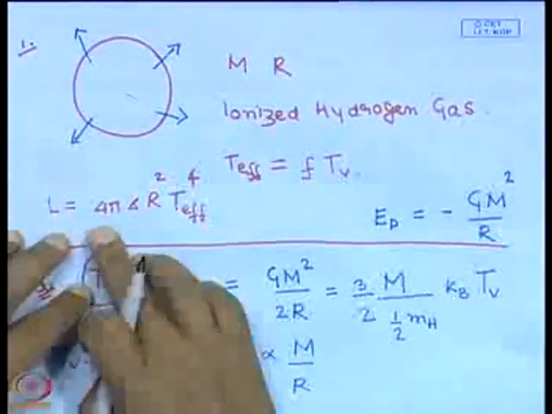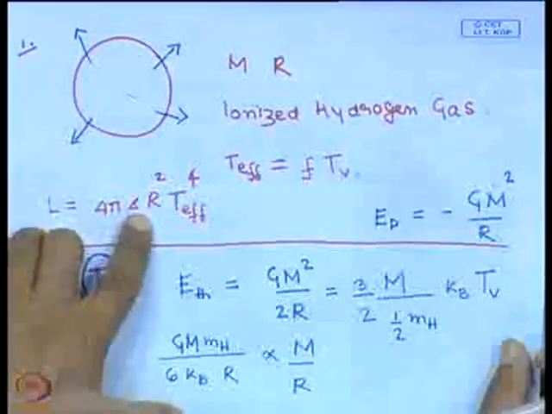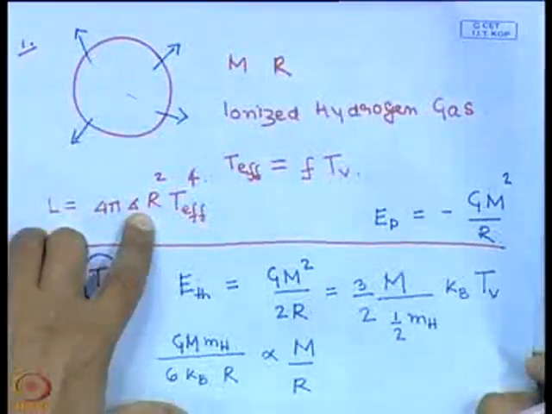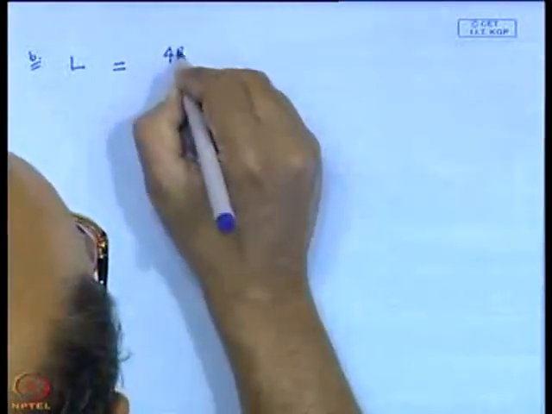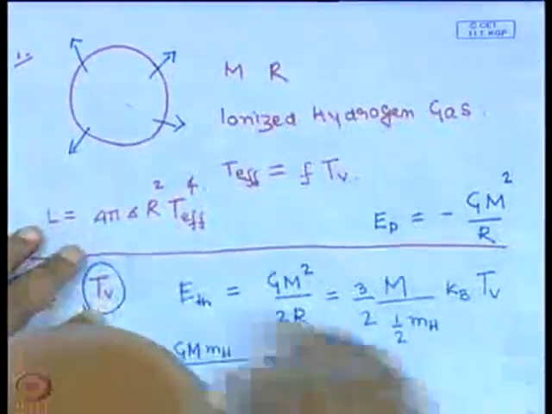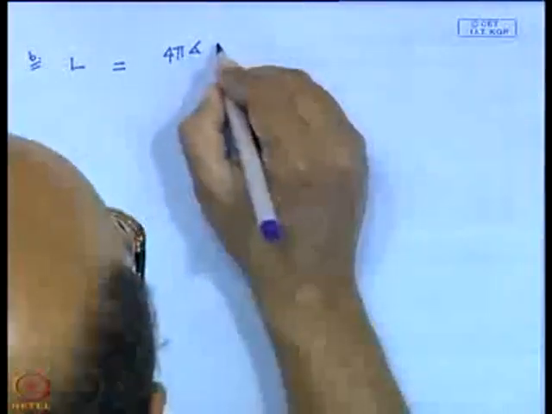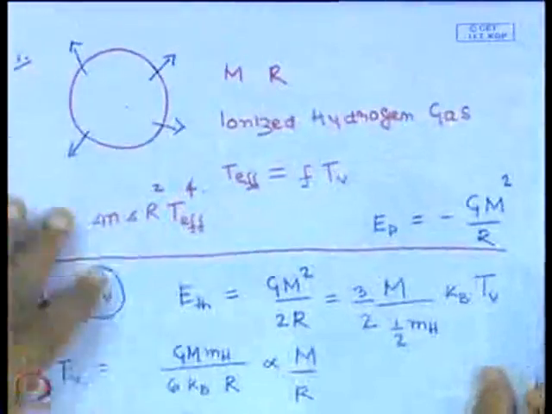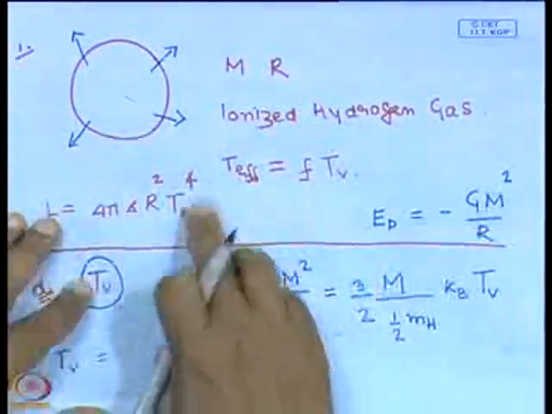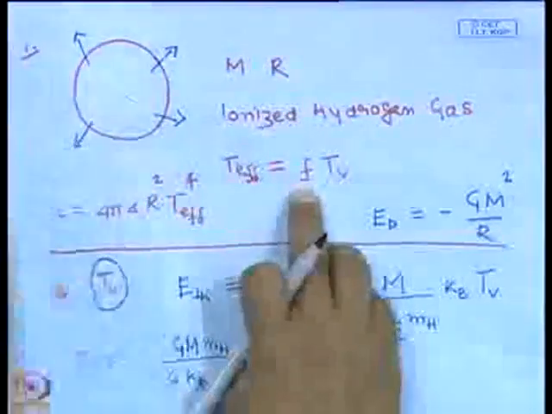So, let me just keep the factor of 4 pi as it is, 4 pi, and then we have this Stefan-Boltzmann constant sigma, and then, so let me write those factors down, 4 pi sigma, and then we have r square, then we have this T effective to the power 4, which we can write in terms of the virial temperature. So, we have